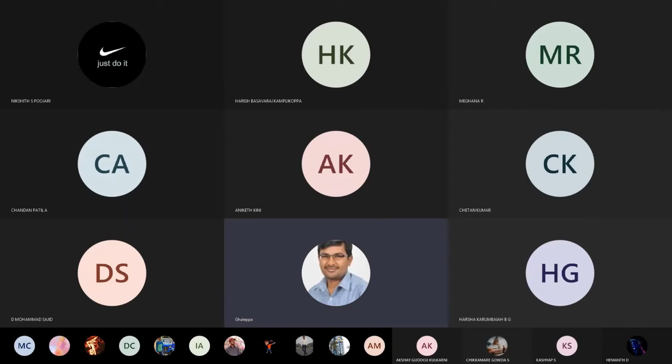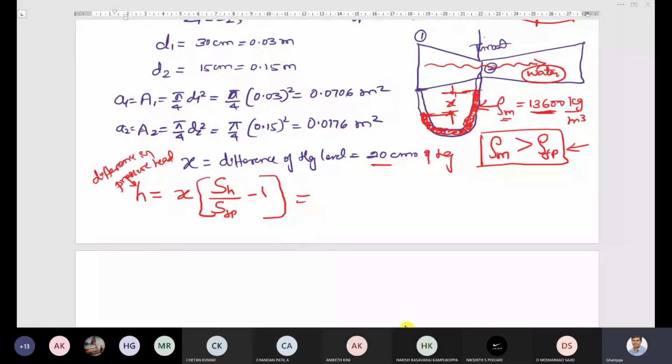The same formula I will write in terms of X as it is. In place of specific gravity, you can take the density of the heavy liquid as well, and in the denominator the density of the fluid in the pipe, minus 1. Dear students, some books assume the density of the fluid in the pipe is always some oil. Here it may be oil, it may be water, it may be any fluid. Particularly here, as given, water.